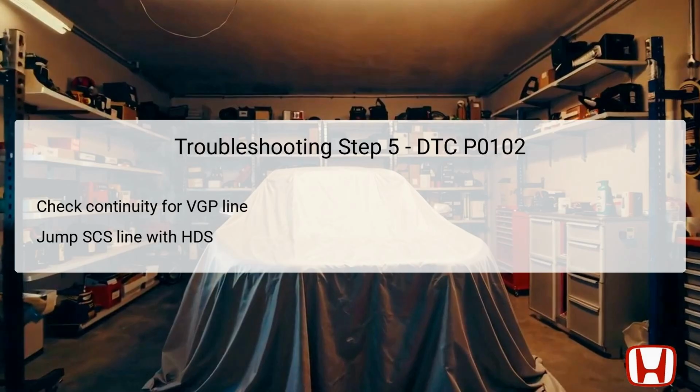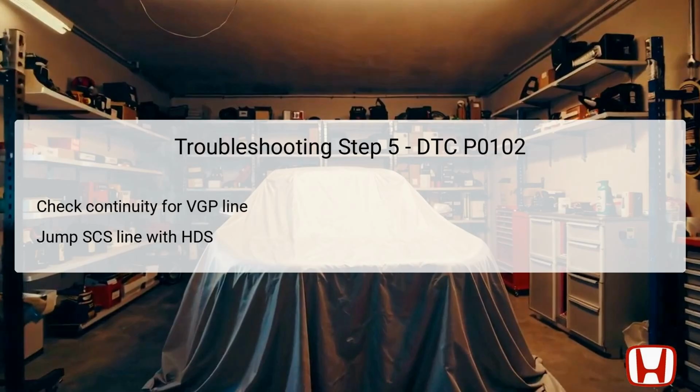Then, disconnect the ECM connector B, 49P, to isolate it from the MAF IAT sensor circuit. Proceed to check for continuity between test points 1 and 2, where test point 1 connects to the ECM connector B number 22 LT blue wire, and test point 2 connects to body ground. If continuity is verified, it indicates that the VGP wire has a short. At this stage, repairs should be made. Conversely, if there is no continuity, this suggests that the VGP wire is intact and that other issues may need